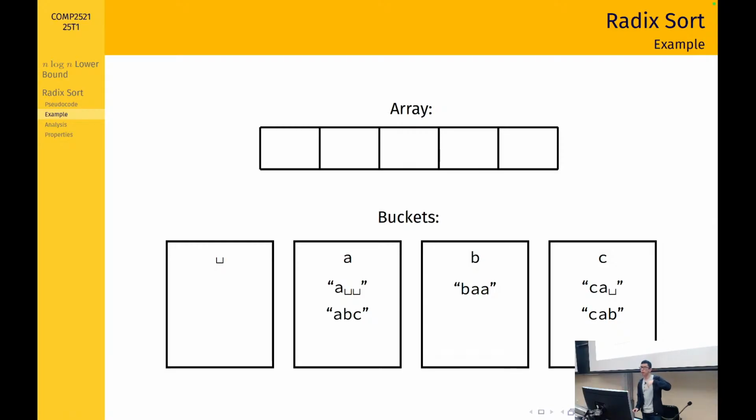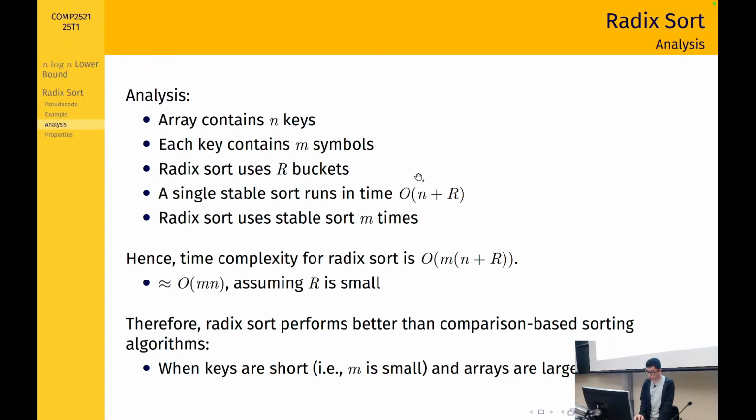And when we're copying the items back into the array, we need to iterate over all the buckets, right? So that's going to be r. But we're also copying all the n items back into the array. So that's n plus r, okay? So a single stable sort takes O of n plus r time, and radix sort does this m times, like I already mentioned. So that means the time complexity of radix sort is O of m times (n plus